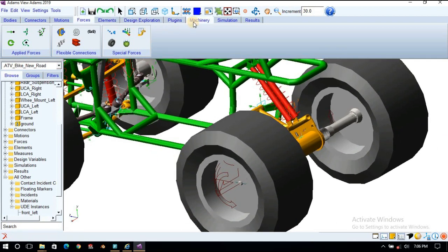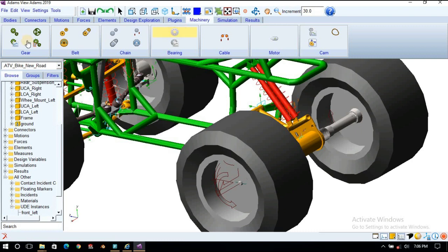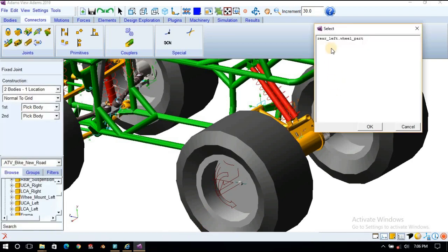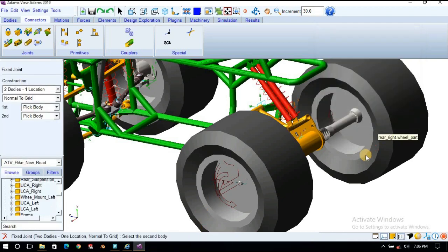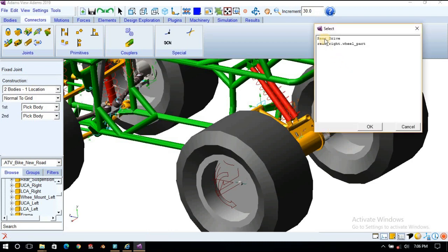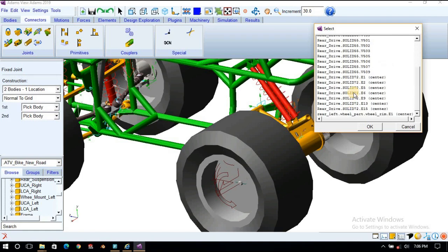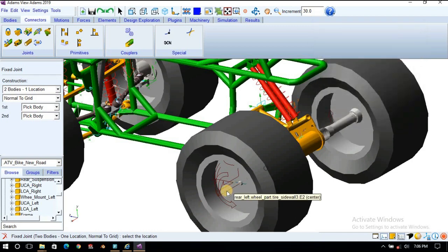In the machinery section there are bearings, but for simplicity we'll keep the connectors. So fixed joint, first body choose rear left, second body is rear drive. Location, make sure we choose the center of mass of the wheel.